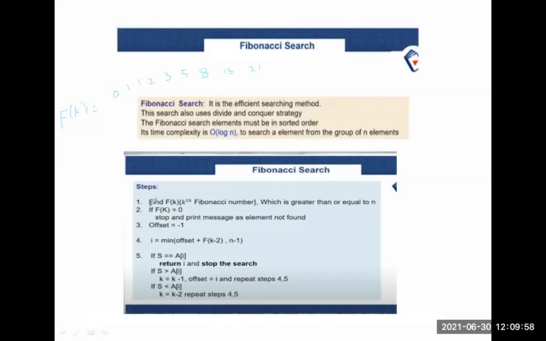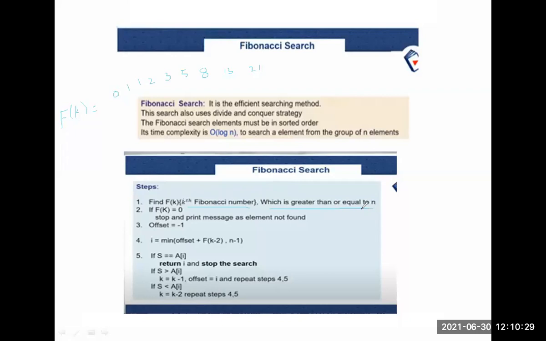First you have to find the Fibonacci number f of k, where k is the kth Fibonacci number, such that the Fibonacci number is greater than or equal to the given n size.